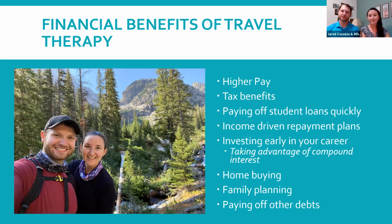There is the option, which we chose to do, of going on an income-driven repayment plan. This is a very individual decision, not for everyone. There are some advantages of being a traveler to going on an income-driven repayment plan because not all of our pay is taxable. The stipends don't count as taxable income. So when you're calculating your income-driven repayment amount, it's very low for travelers. So there are situations where you might come out ahead, and we've come out ahead by going on an income-driven repayment plan and investing money instead of just paying down debt,